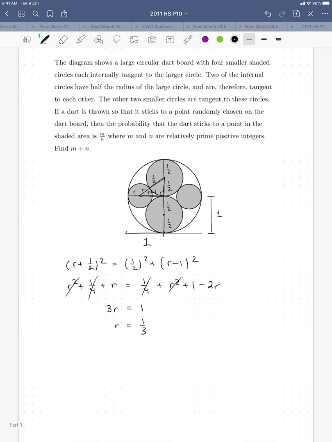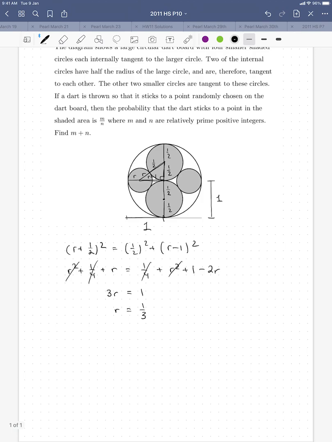That's pretty cool. And now we can work out the geometric probability, the shaded areas over the total area. So we have 2 times pi (1/3) squared, those are the small shaded circles, plus 2 times pi (1/2) squared, the medium shaded circles, and that has to be divided by pi 1 squared, which is just pi. So this is going to be, well, first of all, pi cancels out, so we have 2/9 divided by 1, so that's just 2/9